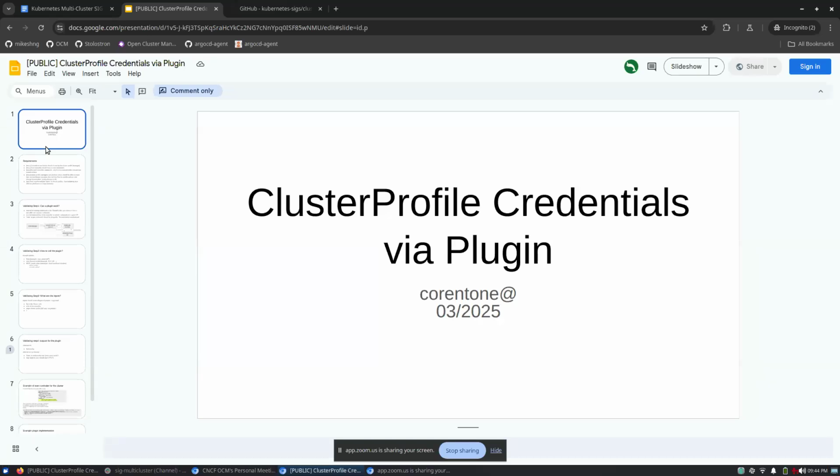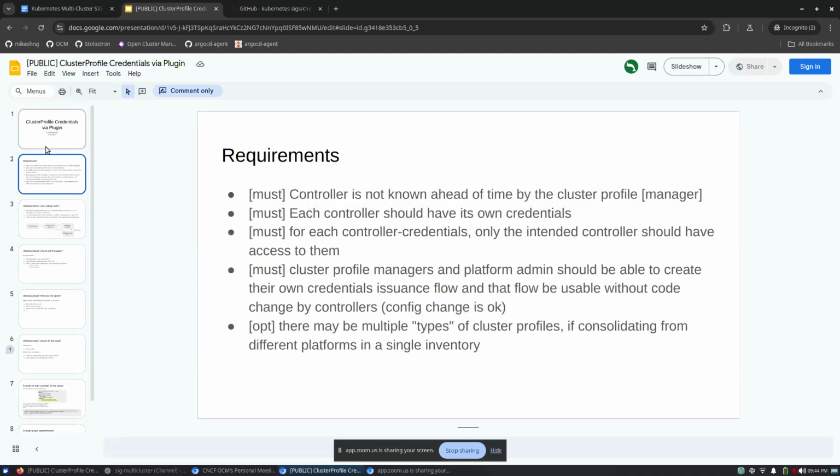He's saying that instead of inserting a spec into cluster profile that holds these credentials, which we really tried, we probably spent half a year trying to get everyone to come together and agree on something, and we weren't able to do it because there's too many different scenarios, too many cases to cover. It might not be the best practice. But regardless, what this developer is